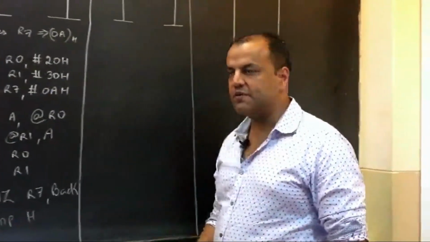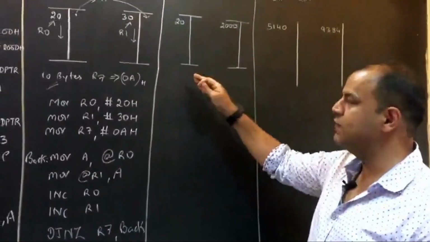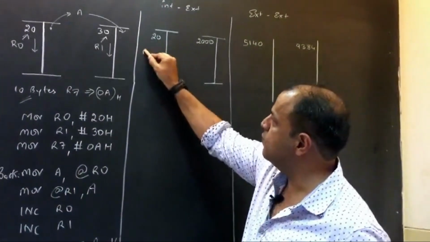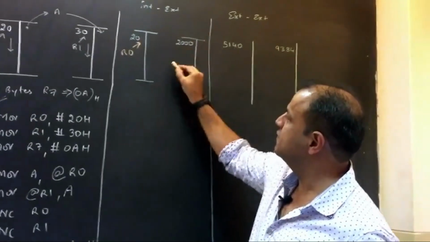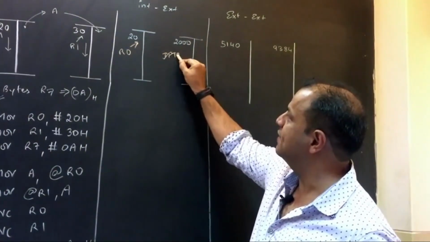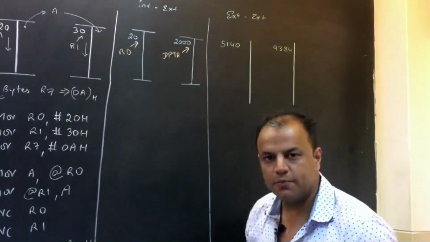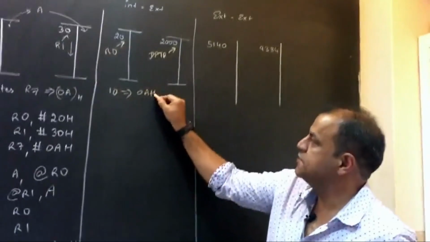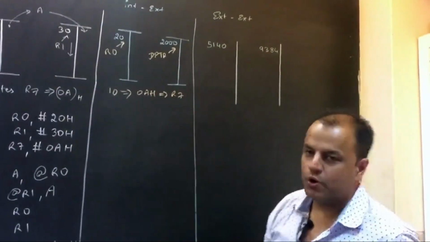Now, of course, block transfers have various types. This was internal to internal. Now we're doing internal to external. What's the difference? This is internal RAM. Your pointer will be R0. This is external RAM. Your pointer will be DPTR. That's the only difference. Write a program to transfer a block of 10 bytes. 10 means 0AH, which you will keep in R7. So what's your